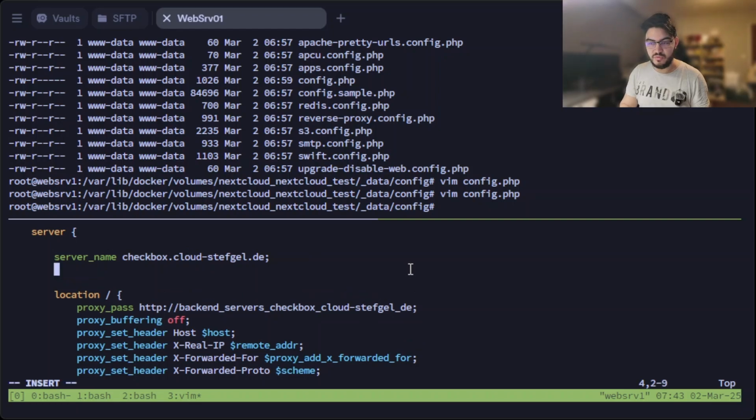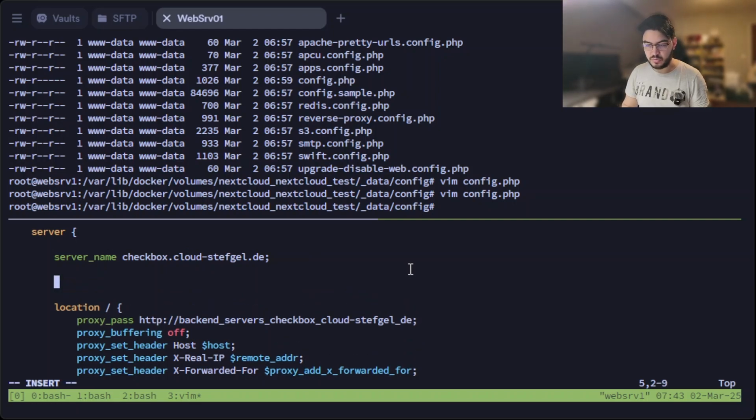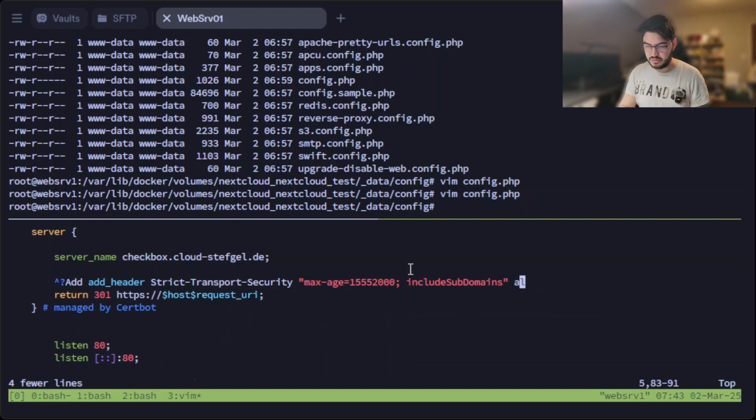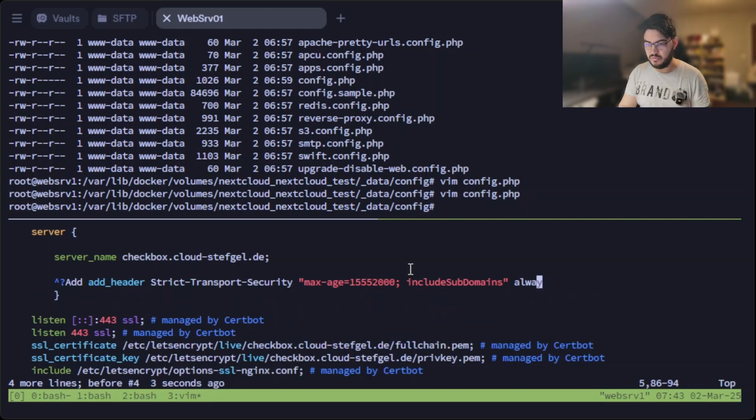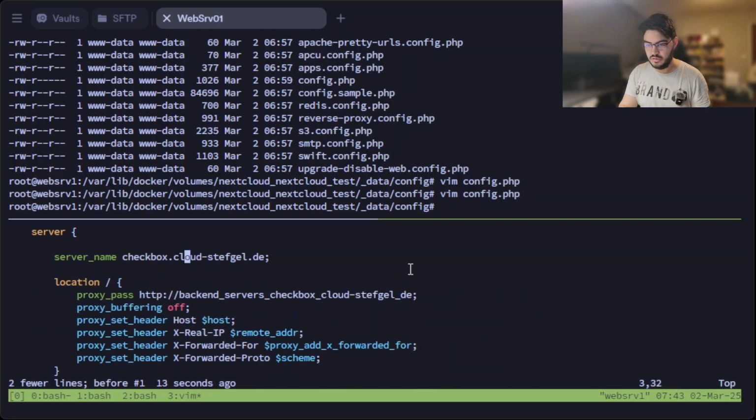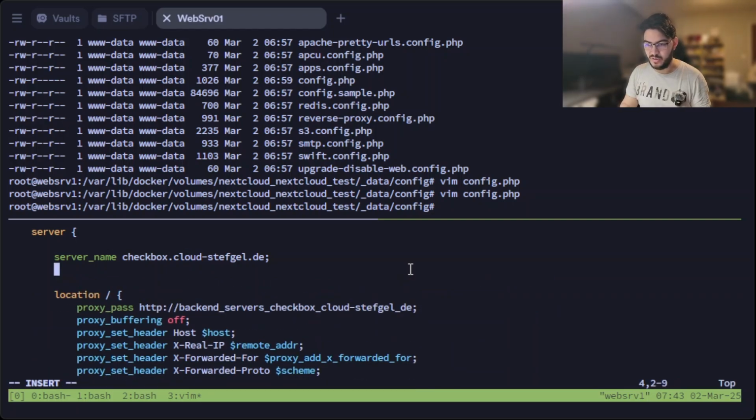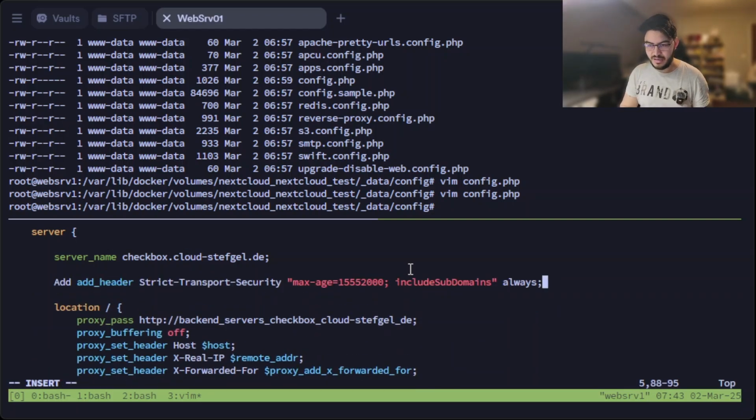Under the server name, we open a new line, maybe another one, just to keep it readable, and then we're going to undo everything I did here and start again. We're going to open a new line and paste in this line